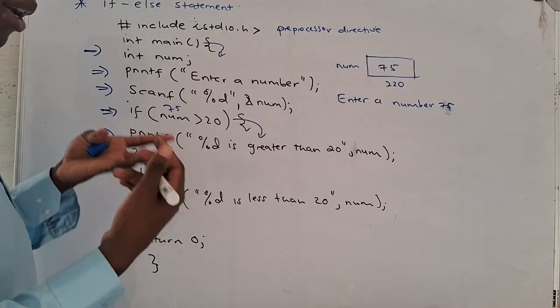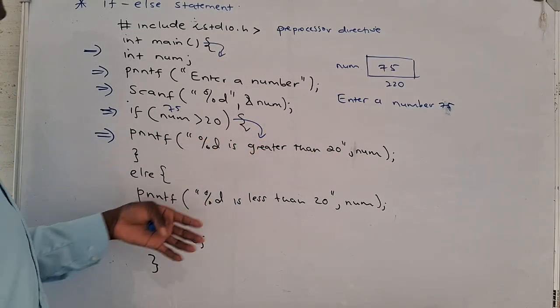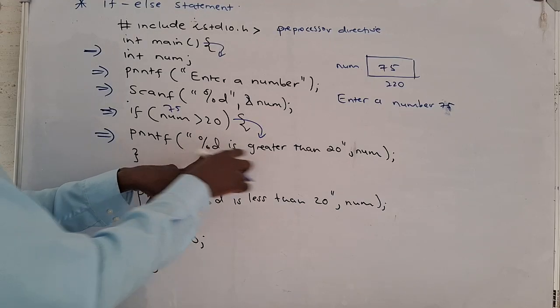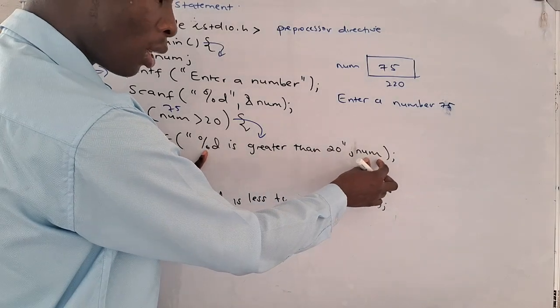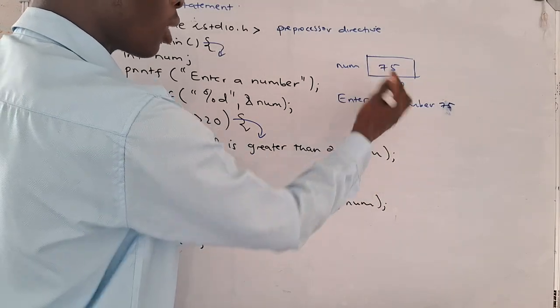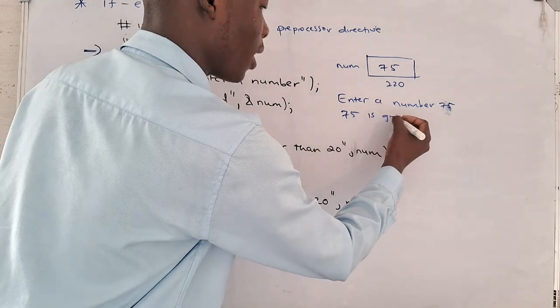It is telling the compiler to display this. Okay, this is the output. So instead of %d, it is going to substitute %d by the integer in the variable num. The integer in this case is 75. So it is going to print 75 is greater than